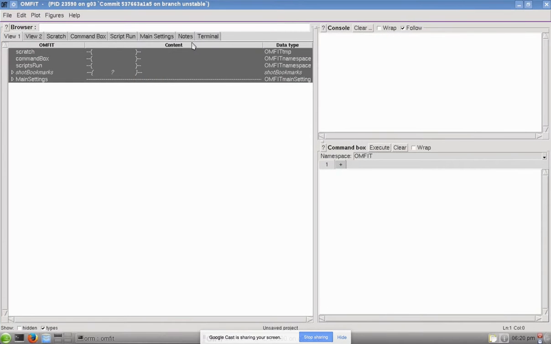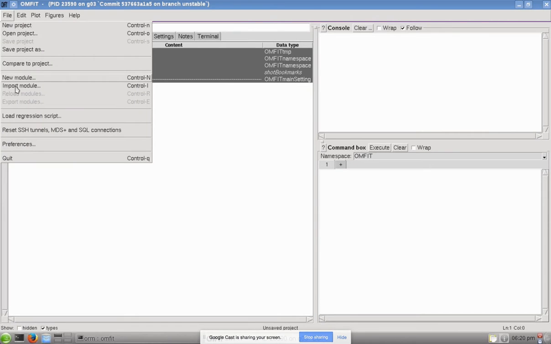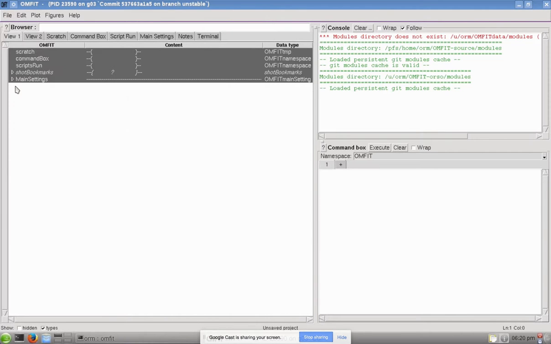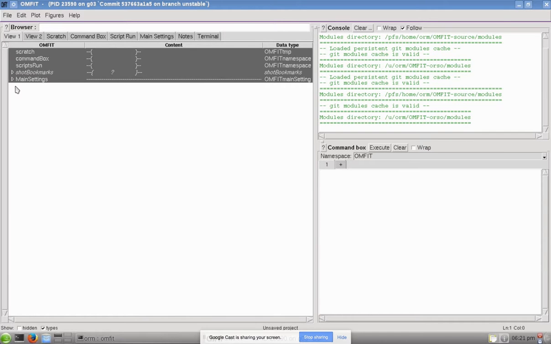Here, this is the environment that we're going to be working on. You attended the presentation from Brian, so I guess you're a bit familiar with the environment. So without any further ado, I'm just going to load the CHEASE module. If I go to File, Import Module,